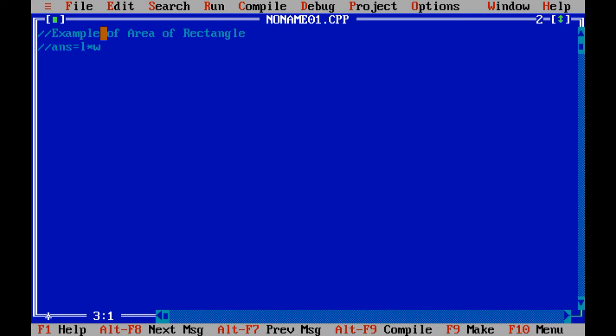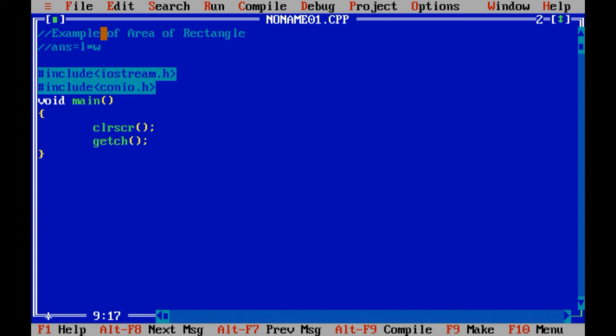This is the simplified formula. There is no pi or square or cube over here, so we can directly write the program. First step is #include iostream.h, #include conio.h, void main with two brackets, clrscr and getch.